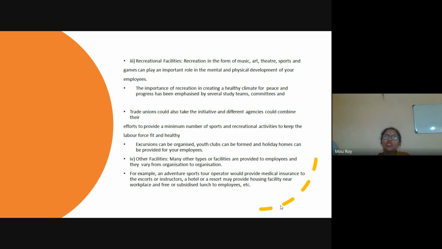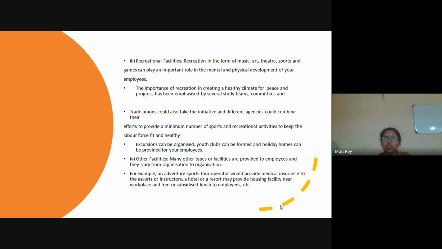Okay, so that is how, as I told you, it creates not only a sense of bonding, but also mental and physical development of the employee. Then besides that, the workforce feels fit and healthy, not only physically healthy, but also mentally healthy. Then excursions are also organized, picnics are organized, then seminars are also organized. Then a lot of youth clubs can be formed. Then holiday homes can be provided for your employees. There's the YMCA,